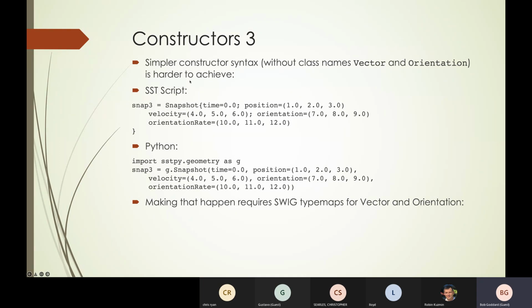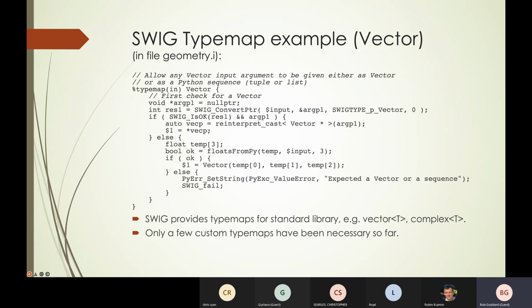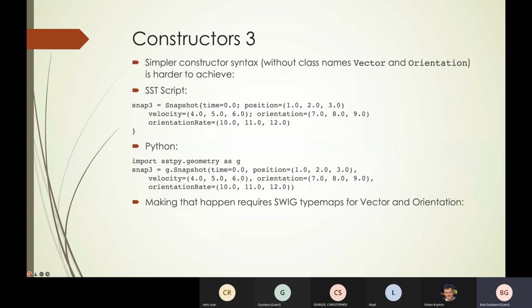But if you want a simpler constructor syntax without the class names here, previously I had to put vector here and orientation here and here. You had to name the class, name the type of the argument. If you want to avoid naming the type of the argument, the script will do that. You can just give it a triple of numbers, and it knows to interpret it as a vector or an orientation, depending on whichever context it's in. But in order to do the same thing in the SWIG generated, and I have done this,